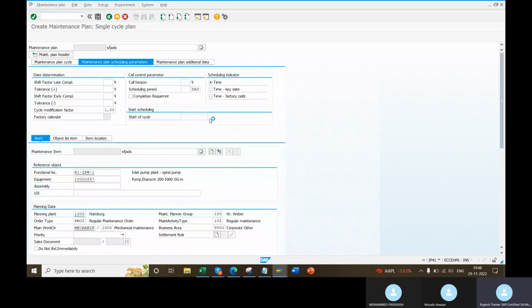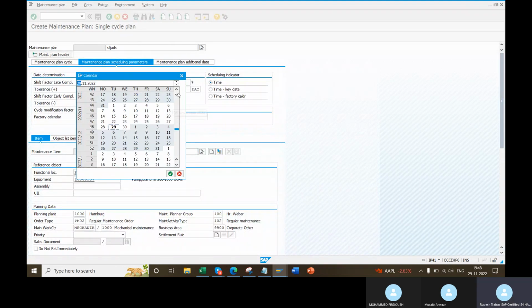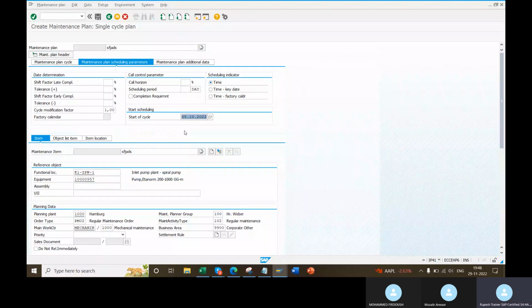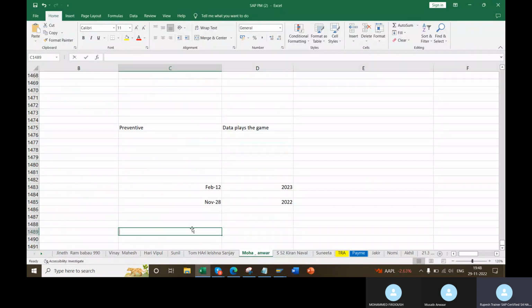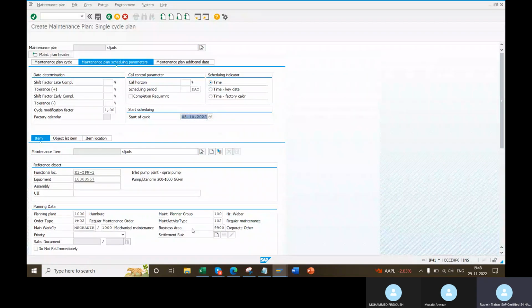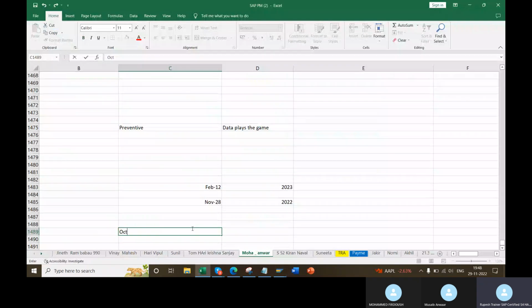Okay, see what start date I'm giving. From here, 1 month means it will come on November. I'm giving October 5th, right? October 5th I'm giving.